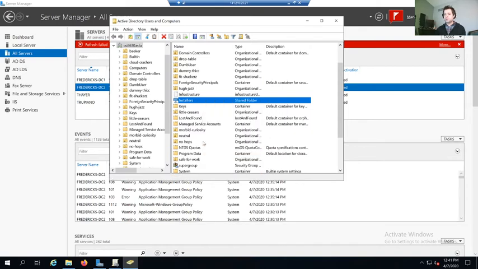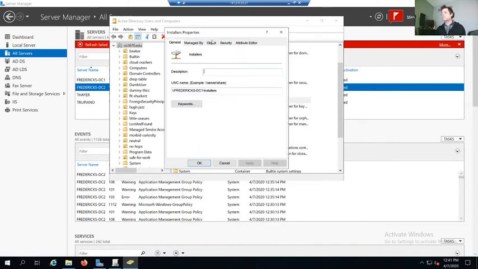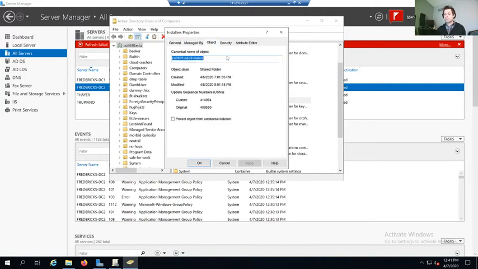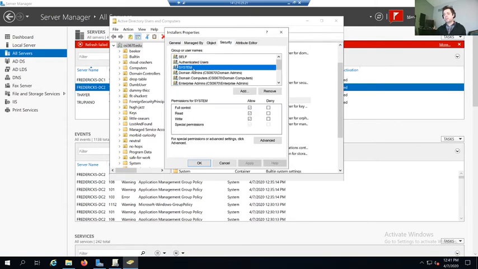If we look at it, we get a slightly different properties window. What's the UNC path? Who manages it? A little bit more information. Security, you also have to check in here because, again, there could be other permissions more related to Active Directory inside of here. So authenticated users have access, system has access, admins have read access.